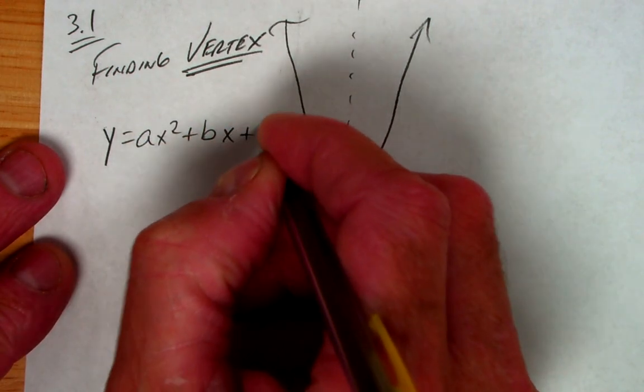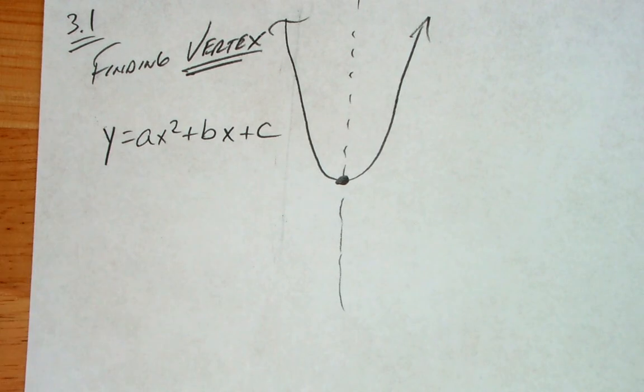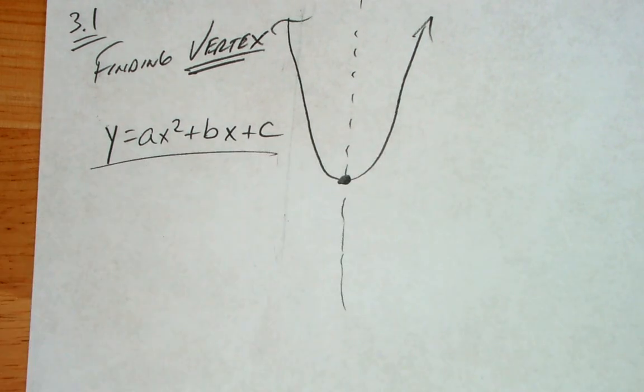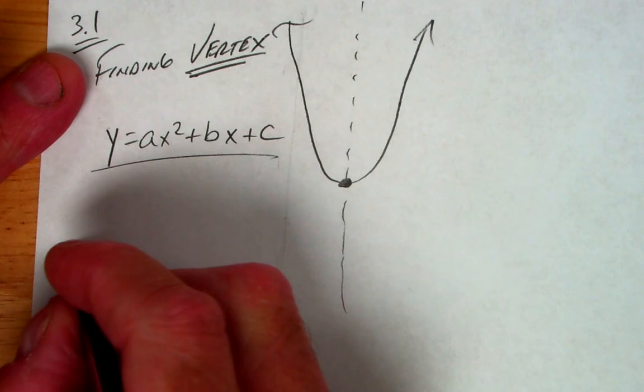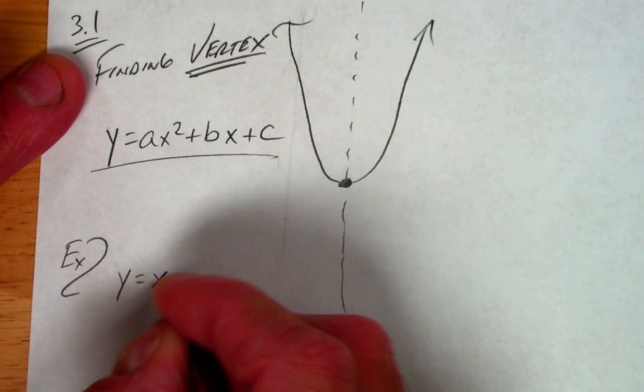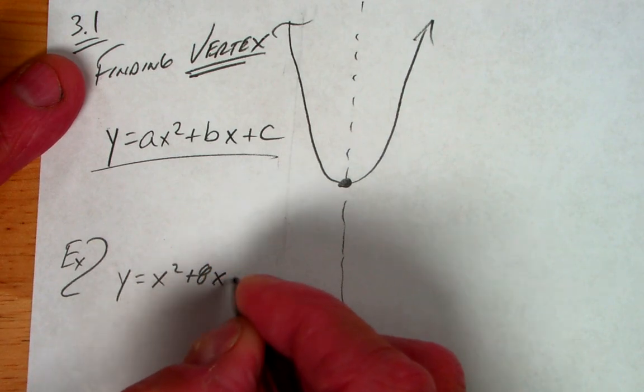y equals ax squared plus bx plus c. You remember that form? Yeah, because you've used it with the quadratic formula, which is negative b plus or minus the square root of b squared minus 4ac, all over 2a. Kind of might be in there somewhere, okay? So we're just going to get right to how to do this with an example. So if y is equal to x squared plus 8x plus 10,